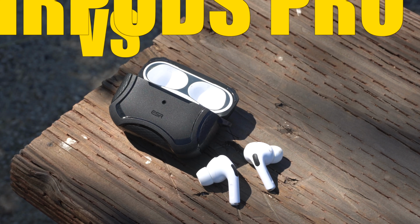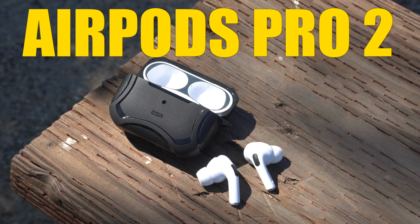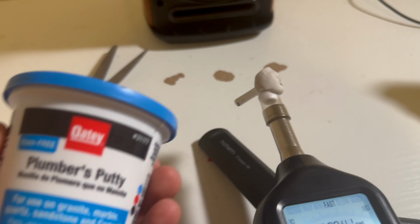So the latest Sony WF-1000XM5 versus the AirPods Pro 2nd generation, comparing it against the Bose QuietComfort 2. These two are the high-caliber hitters when it comes to active noise cancellation earbuds. So if you're in the market for one, in this video, we're gonna go ahead and run through a series